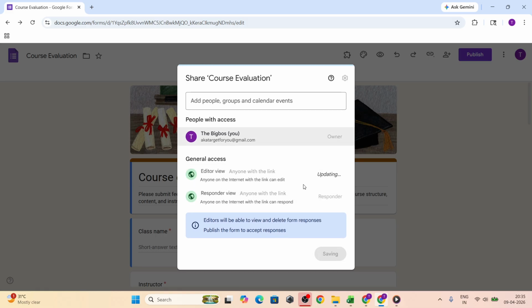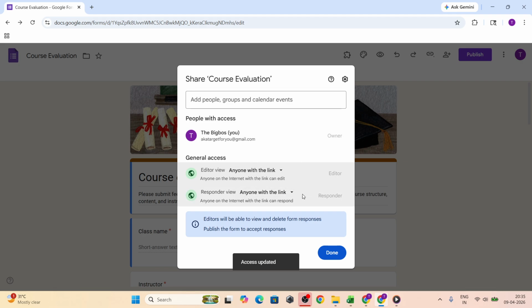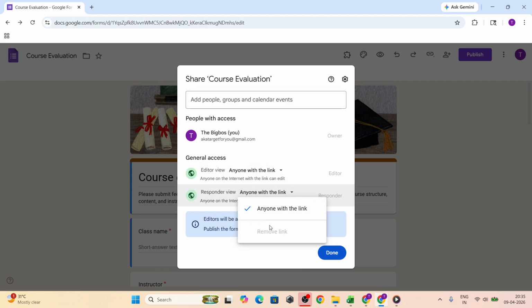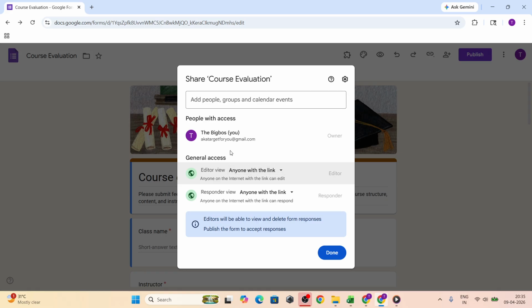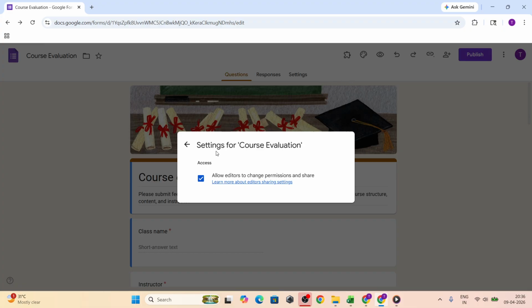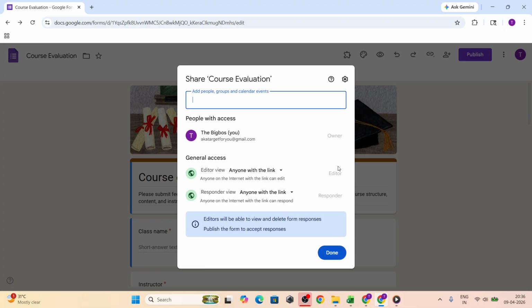Add the recipient's email address in the To field, craft a concise, informative subject line, and write a short message that sets expectations. For example, mention what the form is for, approximately how long it takes, and any deadlines. Keep your tone friendly and clear. If you are emailing a group, double-check that you are addressing the right audience and that the message feels relevant